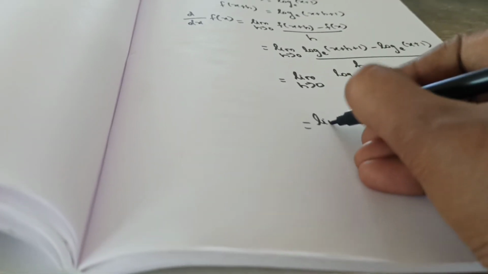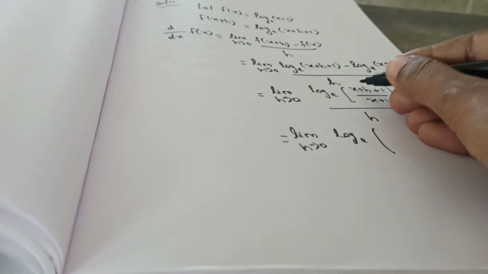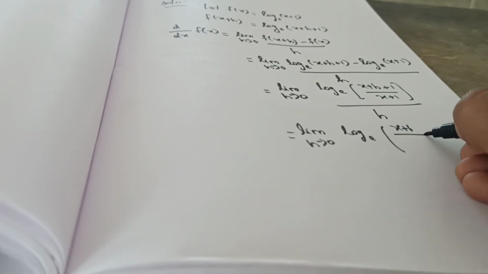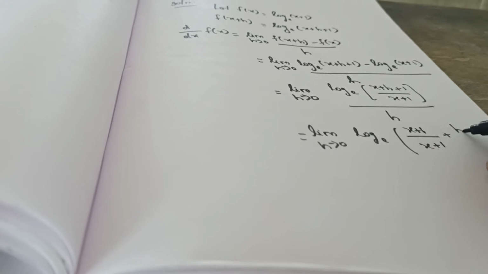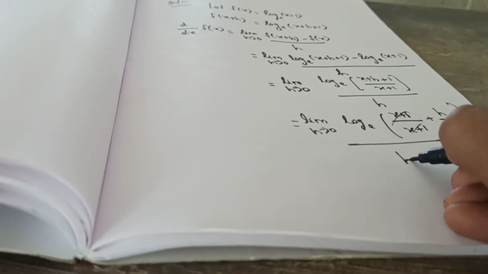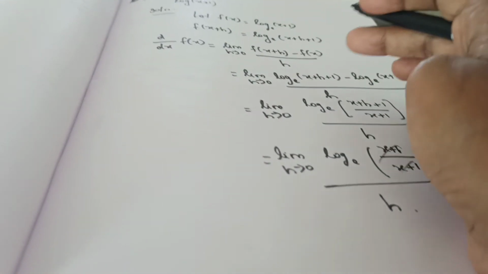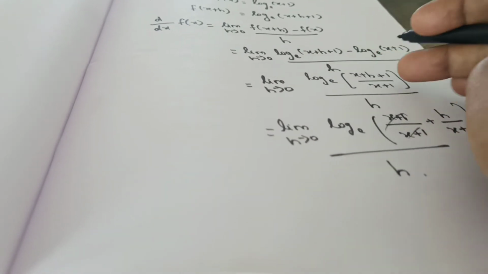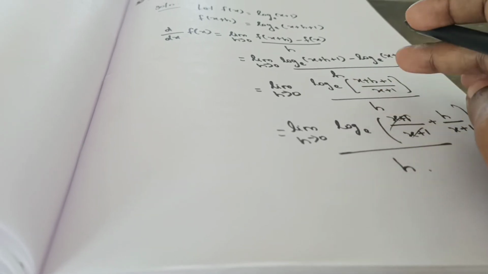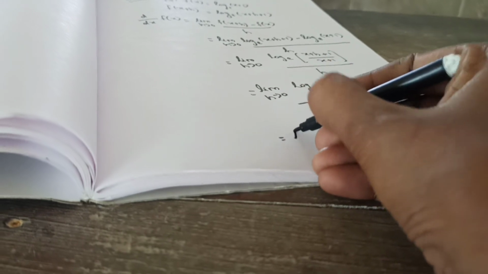So what will happen? We will split as 2. So limit h tends to 0 log, so split it as 2, x plus 1 divided by x plus 1, another one is h divided by x plus 1. Okay, so this will get cancelled, divided by h. Understand, students? So what will you do? First I have written the formula log a minus log b, so log a by b you will obtain, divided by h. Now I split it as x plus 1 divided by x plus 1 plus h by x plus 1, this will get cancelled.